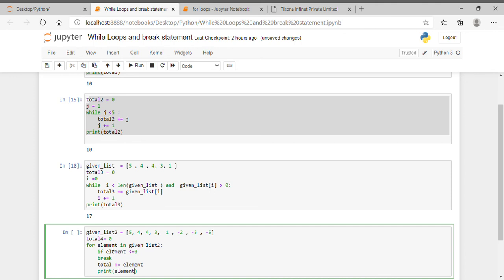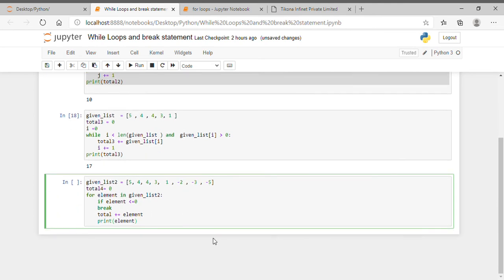So how this works is, this is going to add up elements up to here, 1. If 1 is not less than or equal to 0, then we are not going to break, so we are going to add 1